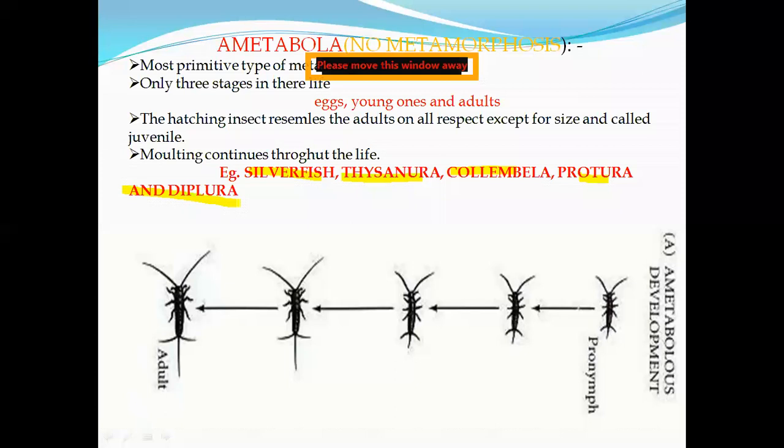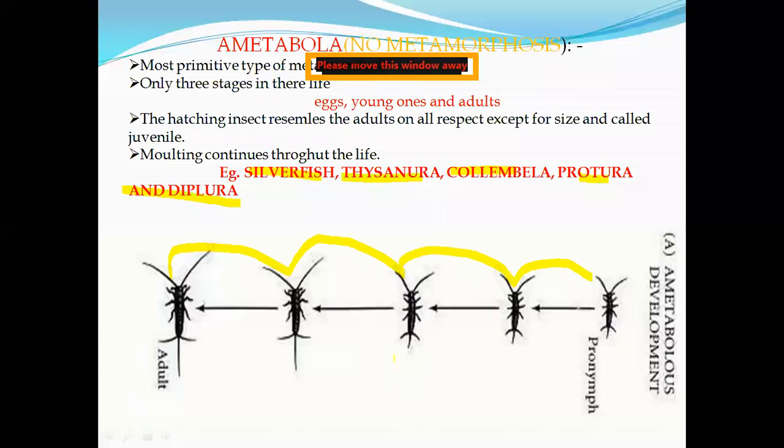How? Because when this metamorphosis occurs, there are no complete changes. Only some slight changes, like little. We can say there is a little external change, but it is not complete. There is a little external change in the form of the young one. Just observe this young one. Look at this. There are changes only in external features, like the size, but no changes in growth and other features. Only from the size point of view, some changes occur.